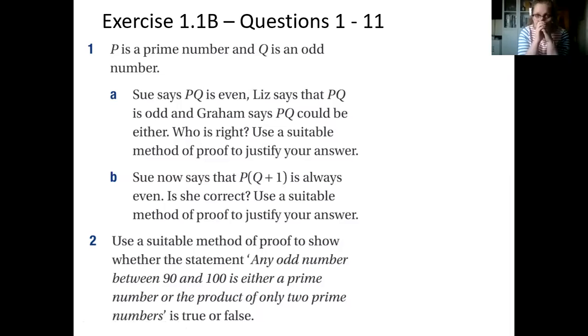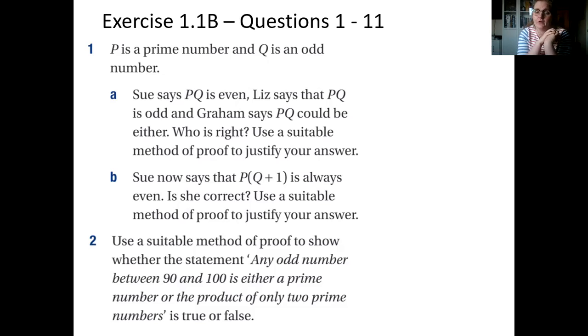as well. These are a few more complicated proof questions. So with these ones, you need to decide what method of proof you're going to use. For example, P is a prime number and Q is an odd number. Sue says PQ is even, and Liz says that PQ is odd, and Graham says PQ could be either. Who is right? So what you need to do is use a suitable method of proof to